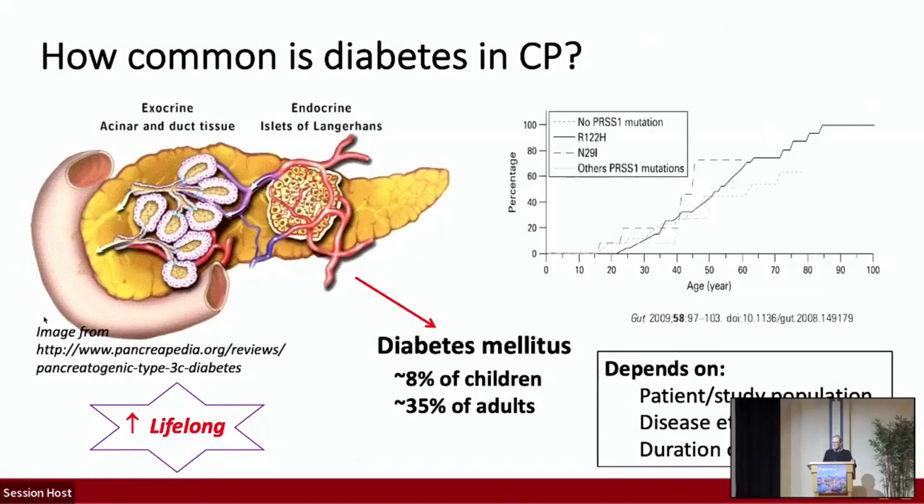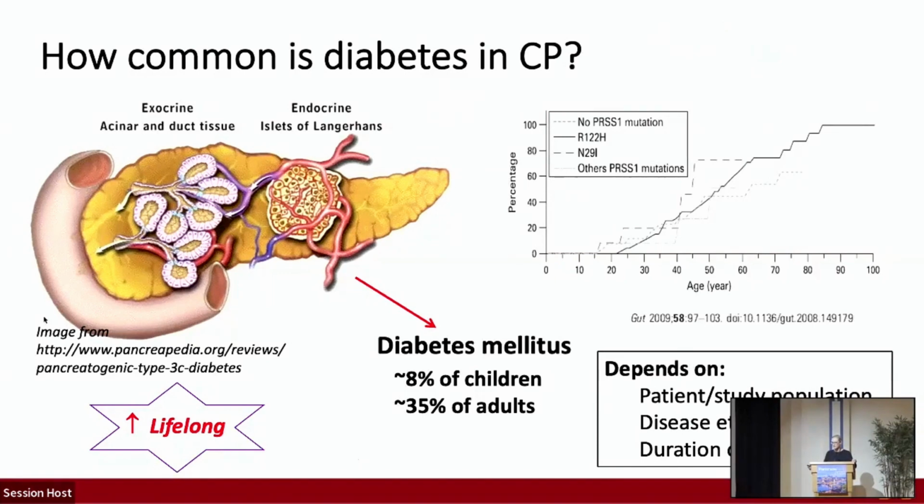So if we look at diabetes and chronic pancreatitis, this is not news to anyone that this is a very common comorbidity of chronic pancreatitis, and that the risk for diabetes increases with duration of disease and age. So if we look at the cohorts that exist here in the US and I think elsewhere as well, if we look at INSPIRE data, about 8% of children have diabetes in the setting of acute, recurrent acute, or chronic pancreatitis. And then about a third roughly of adults in a cross-sectional study will have diabetes in the setting